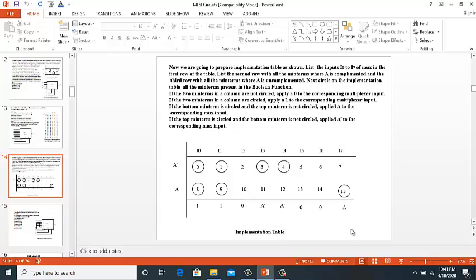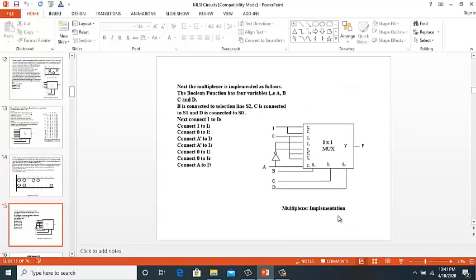The next step is to put all these values onto the multiplexer. So we go to the multiplexer, and the three variables B, C and D go as input to S2, S1 and S0, and the inputs are given values from the implementation table.